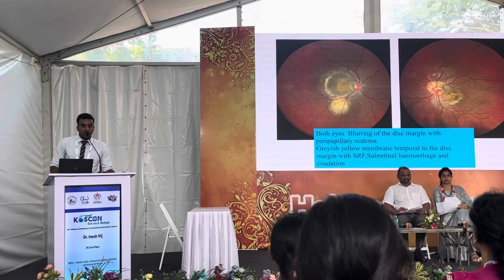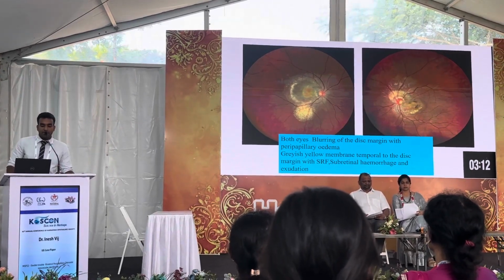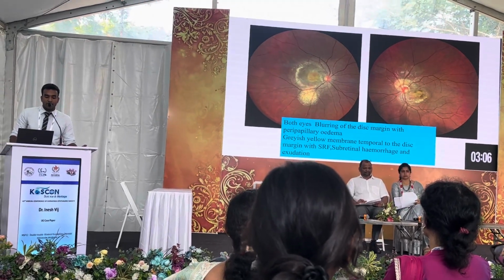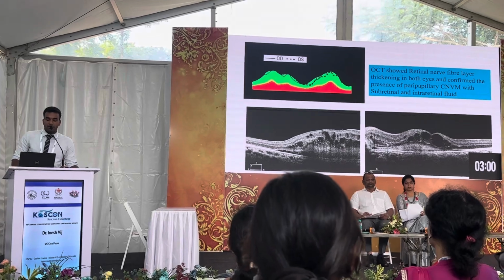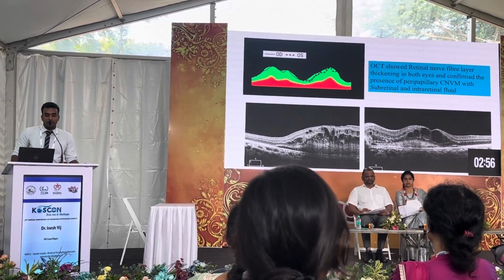As you can see in the fundus picture, in both eyes, blurring of the disc margin with peripapillary edema is seen, along with a grayish-yellow membrane temporal to the disc margin with subretinal fluid, subretinal hemorrhage, and exudation as well. OCT images show retinal nerve fiber layer thickening in both the eyes and confirm the presence of peripapillary CNVM with subretinal